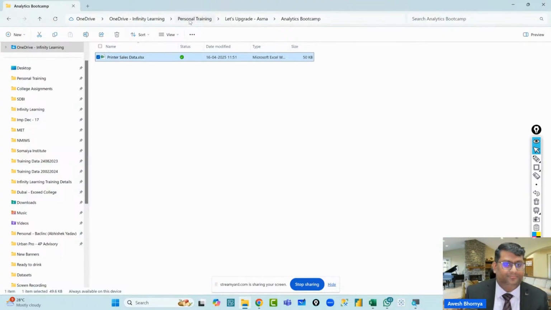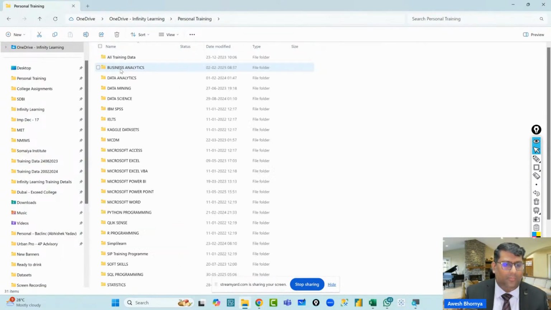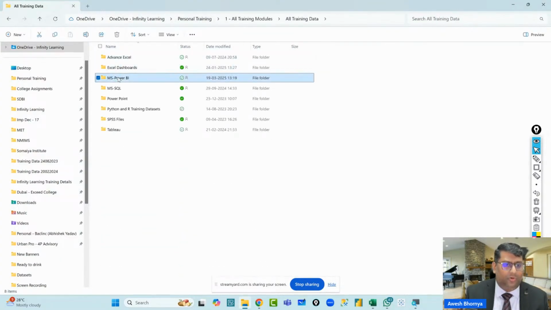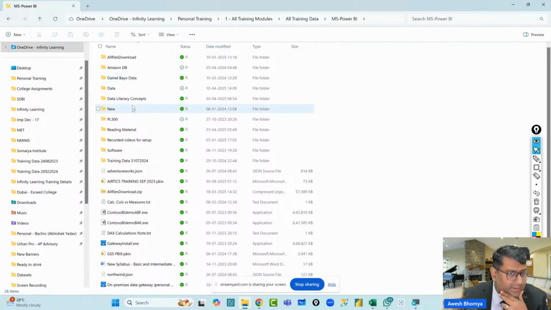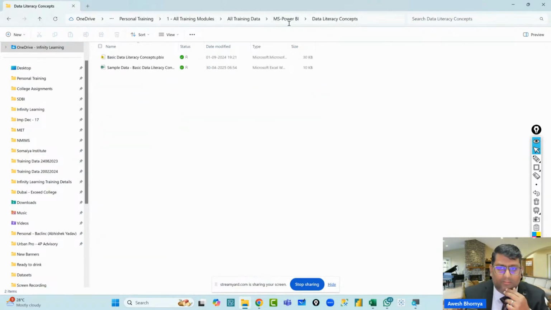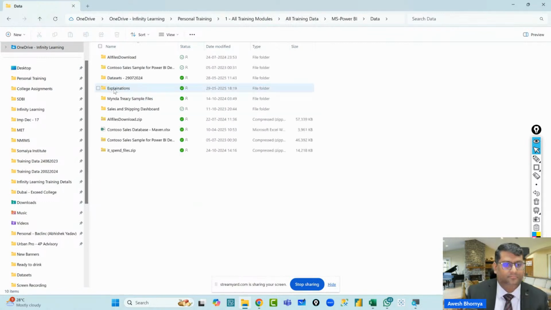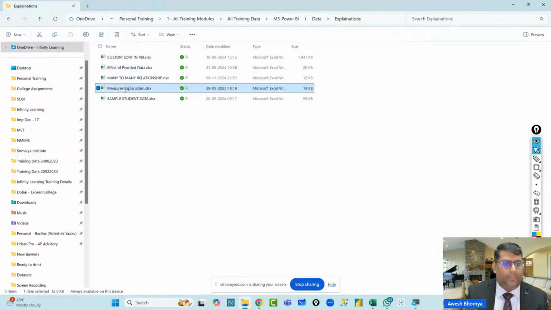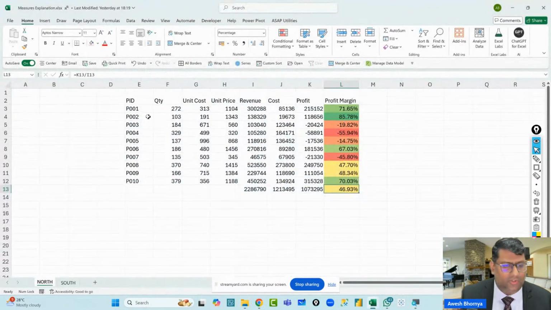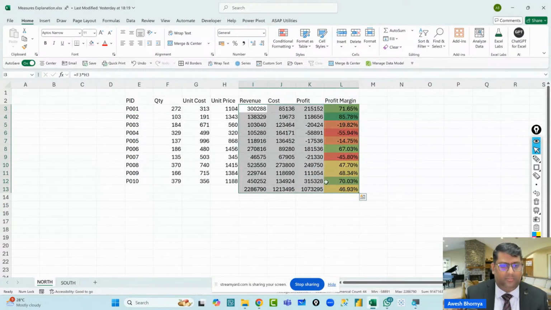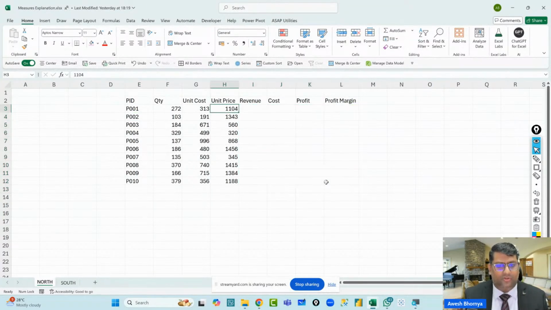Okay, so here I'm going to open up the data. If you look at this, you can see we've got the quantity, the unit price, the unit cost.